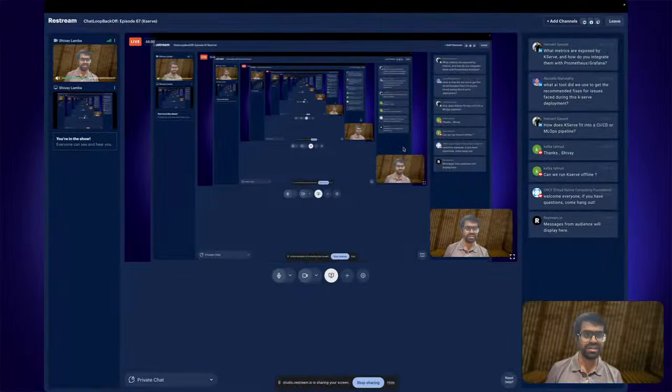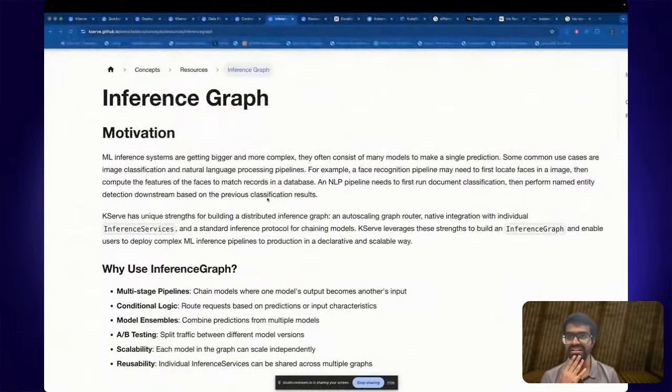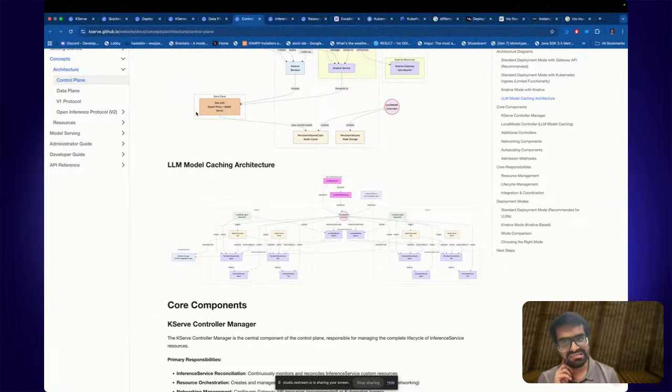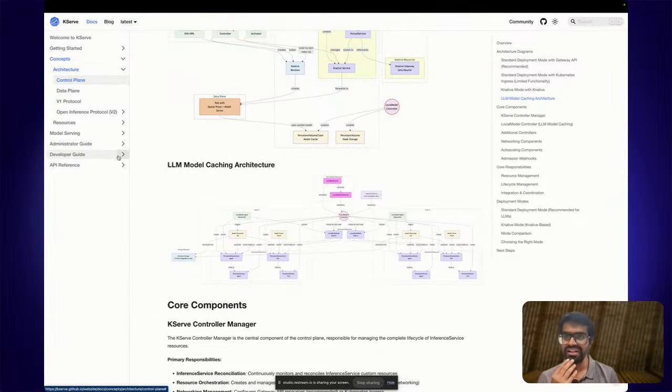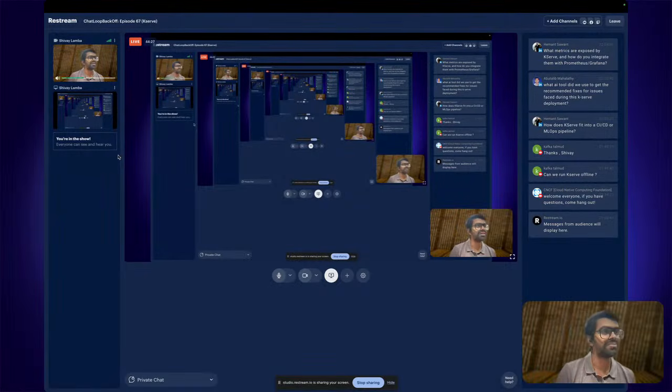I think we can probably take up a few questions now. So Hemant is asking, how does Kserve fit into a CI/CD and MLOps pipeline? So my thoughts on that would be, and we can explore that, because it's running on regular Kubernetes. It's pretty interesting to think about this, because you can say that if you are pushing an AI model, so in this case a machine learning model, and you want to